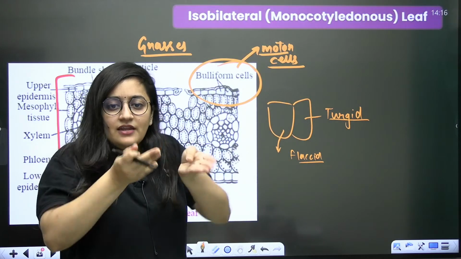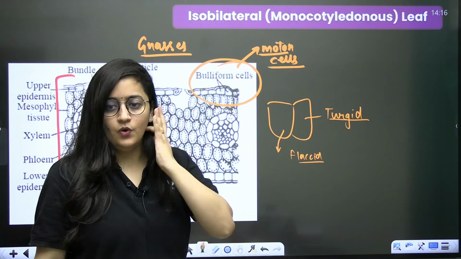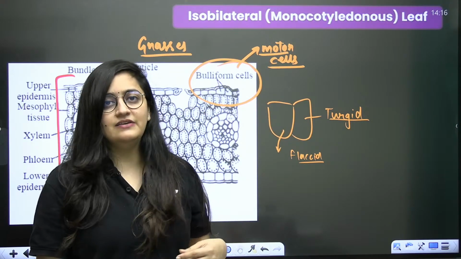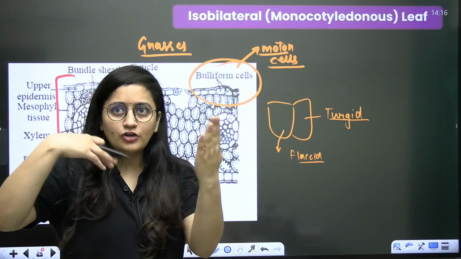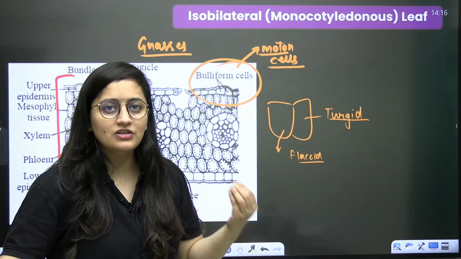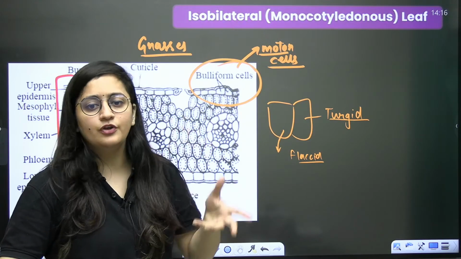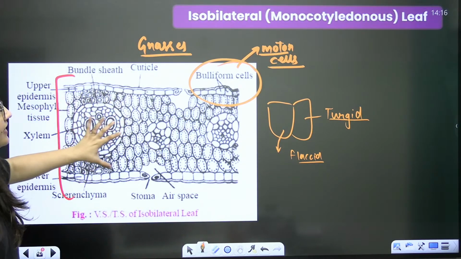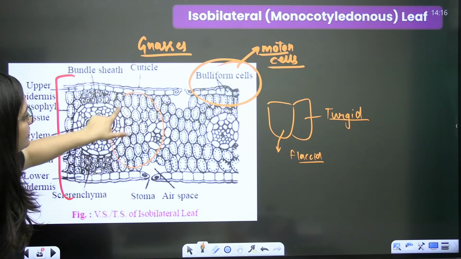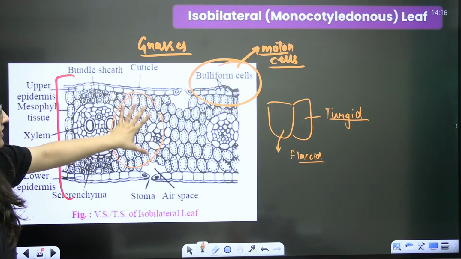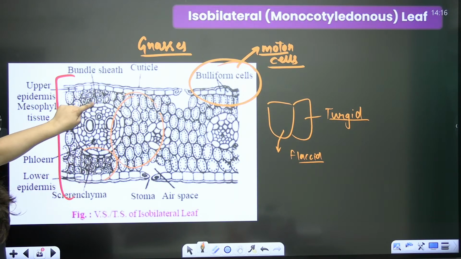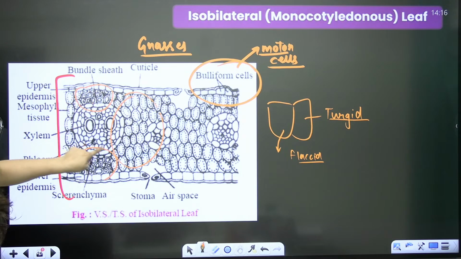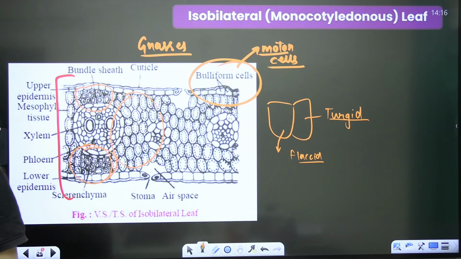So there will be curling of the leaf surface to protect it, and that curling is also helpful because the water loss due to transpiration will also be less. Clear? And here in the case of monocots, you are not going to see the palisade and spongy parenchyma. It's all the same. And next to these bundle sheath cells, you will see some patches of sclerenchymatous cells. That's all. Done? Any doubt?